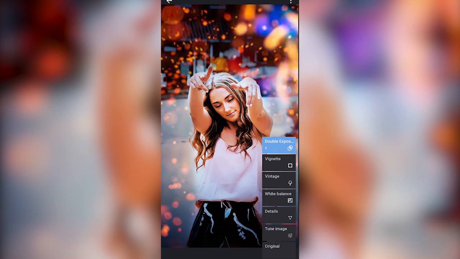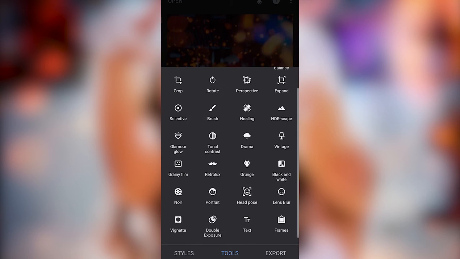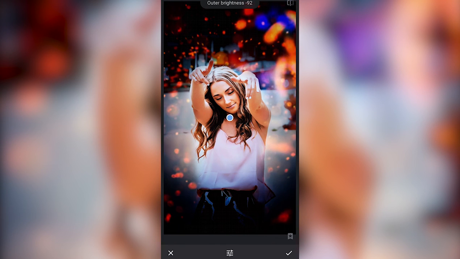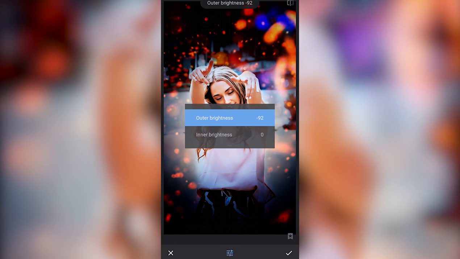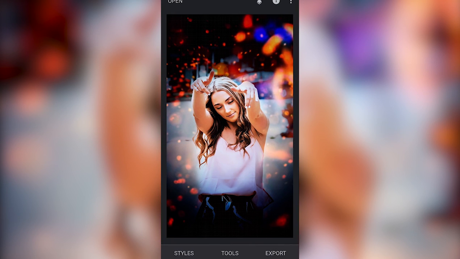Now click on OK. Now you can see how our image looks. I hope you understand how to create a bokeh effect on your image, and you can give another effect. You can also decrease this, and also the inner value, and it will give a more creative effect for your photo. I hope you understand how to create a bokeh effect